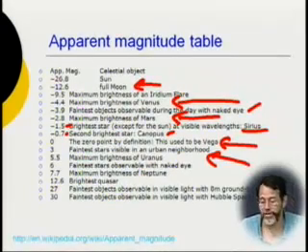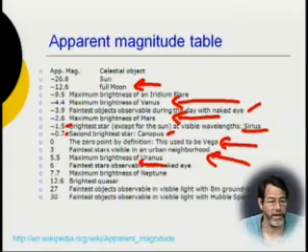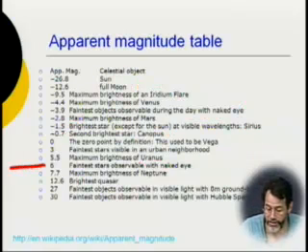The naked eye planets are Mercury, Venus, Earth, well, of course, Mars, Jupiter, and Saturn. But it turns out that Uranus does get bright enough to be seen with the unaided eye, just barely, because the unaided eye can just about, in a very dark location, see down to magnitude 6.